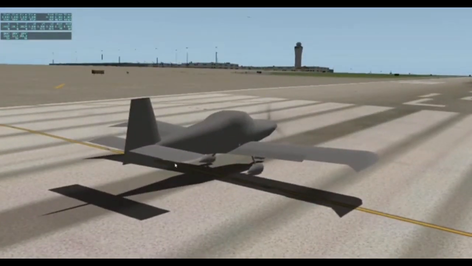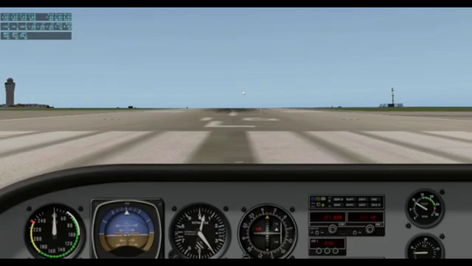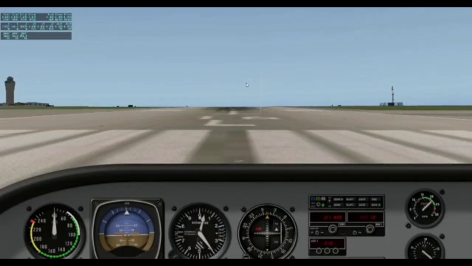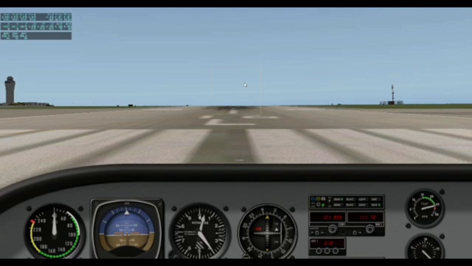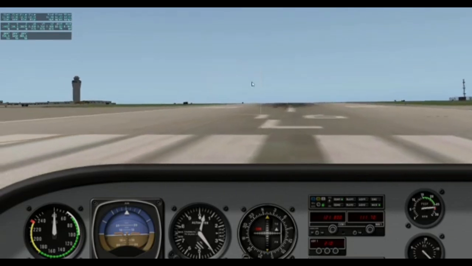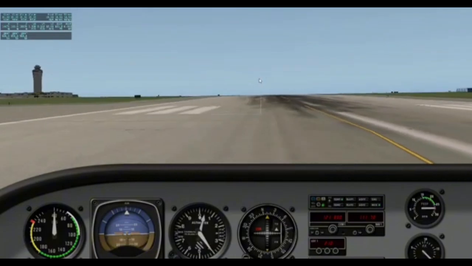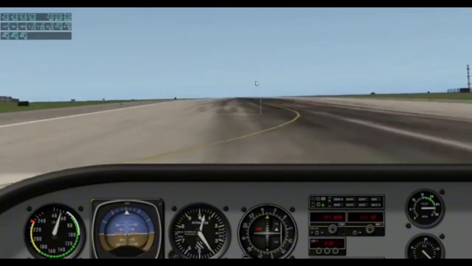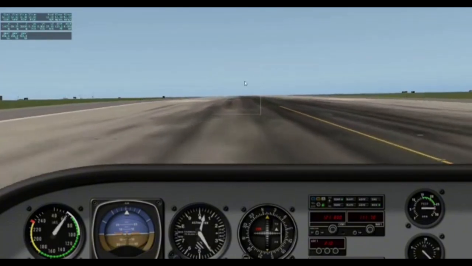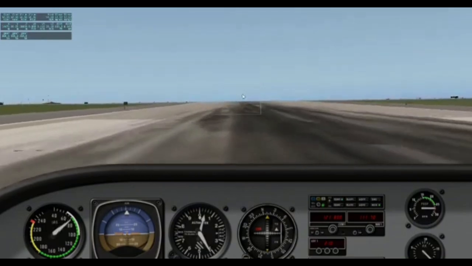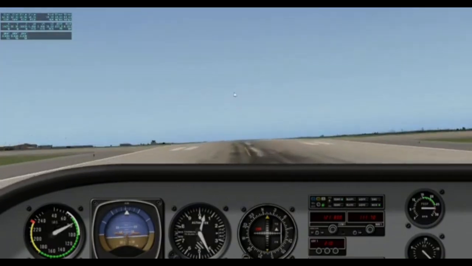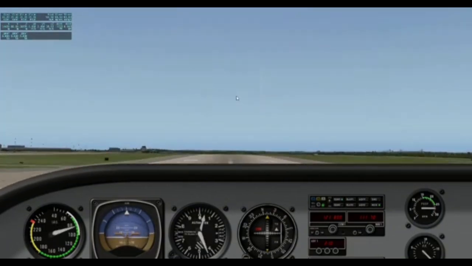We'll unpause the simulation as well, and now we will increase the power and release the brakes for takeoff. The aircraft doesn't feel to accelerate as fast as with the last one, as there is more drag being generated by the wings, but it does take off